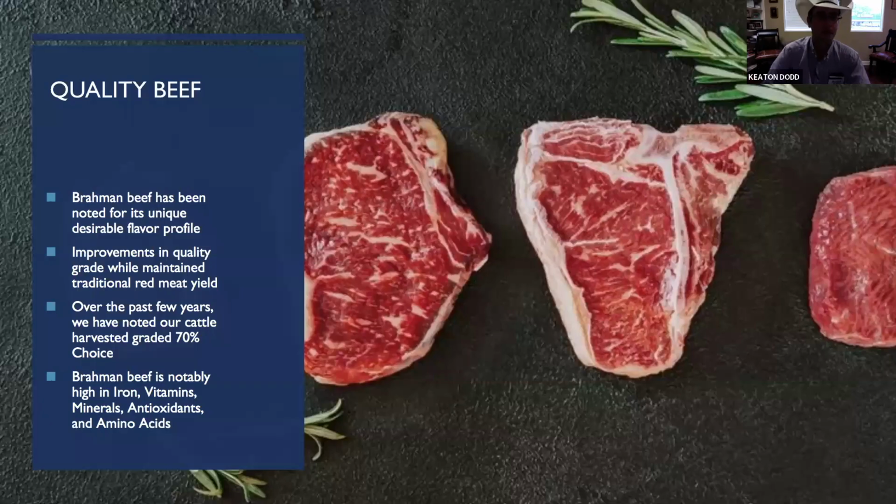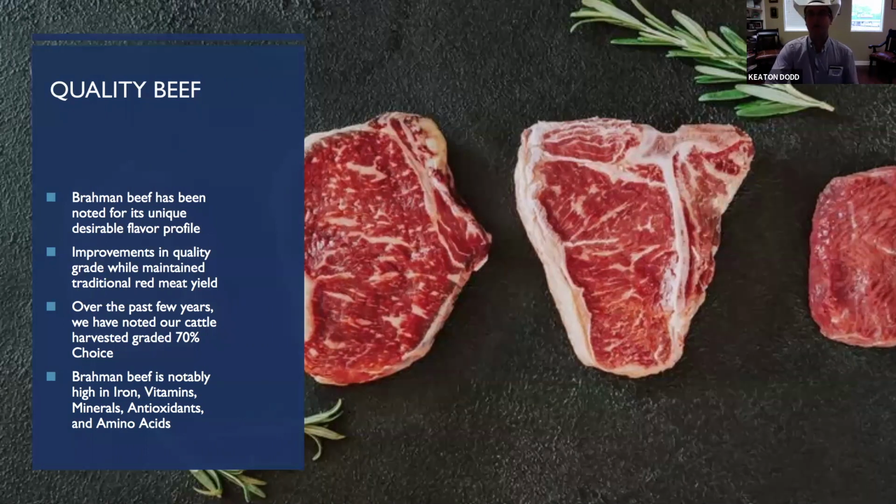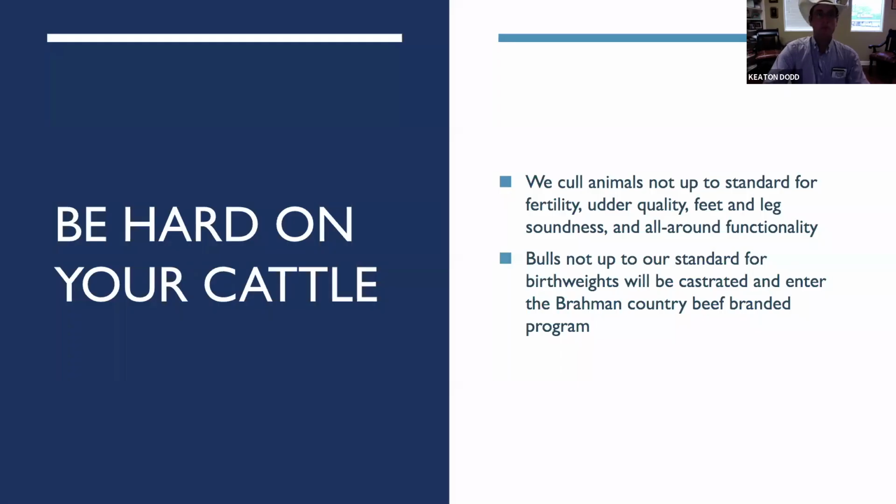Okay, we talked about beef quality, but just a statistic to throw out there for folks is we've been seeing 65 to 70% Choice on a lot of these Brahman carcasses. And so anybody that says Brahman cattle can't grade, we've got some stats to back up the contrary to that. So moving on, we're going to start discussing how performance testing can help you in making your cattle